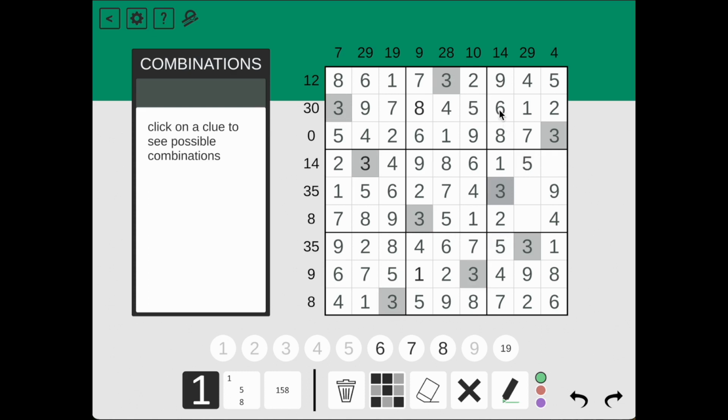So there's the 5. With this 6, we have this row and this row and this column and this column. So our 6 is here. Our 7, we have this row, this column, and this column. So our 7 is here. And our last digit is 8. And there we go. We've finished level